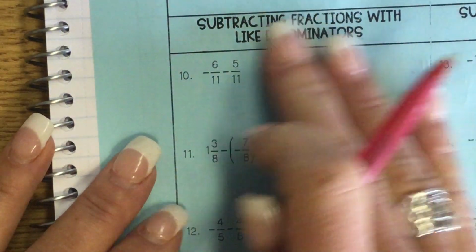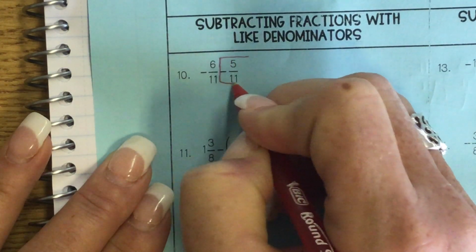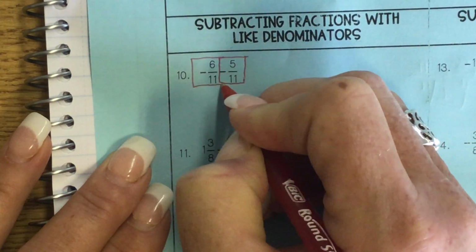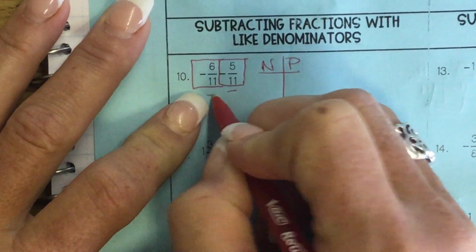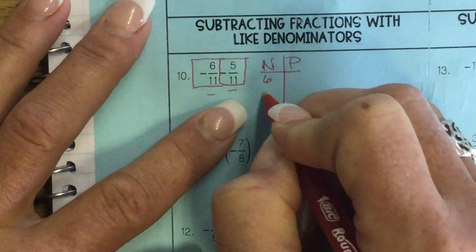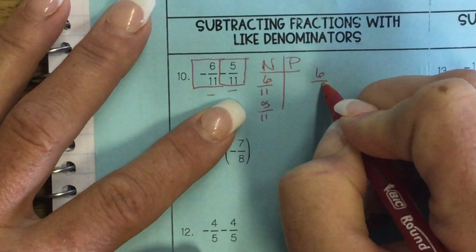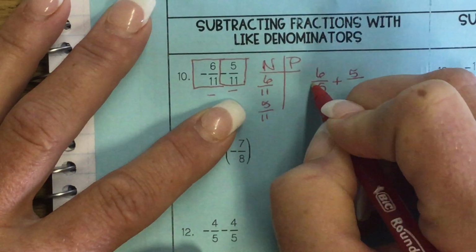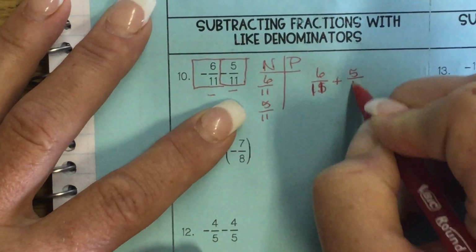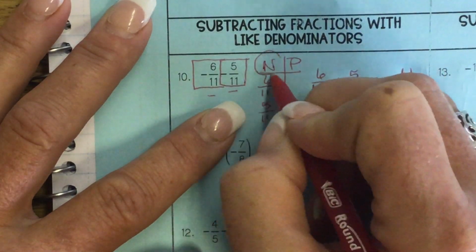Nothing different when we have like denominators, okay? Always box from the back, place in scoreboard. They're both negative. So that's right, I'm going to end up adding those two fractions. So 6/5 plus 5/11, I'm sorry, sorry about that. 11/11, but what's the difference here? That's right, the negatives. Okay, if you notice on the other side,